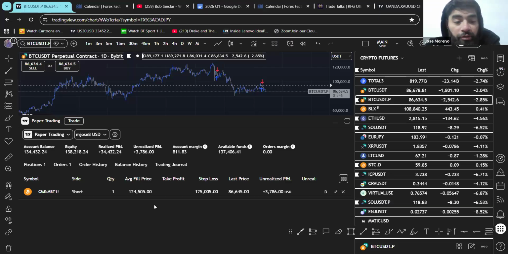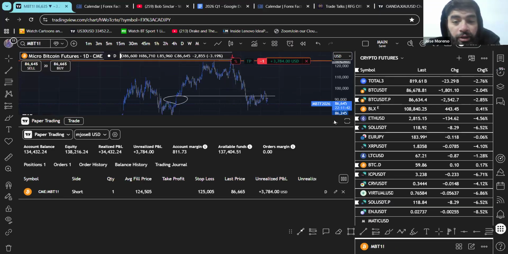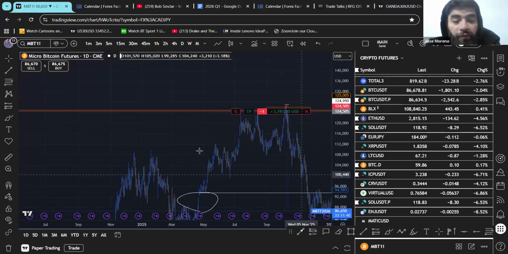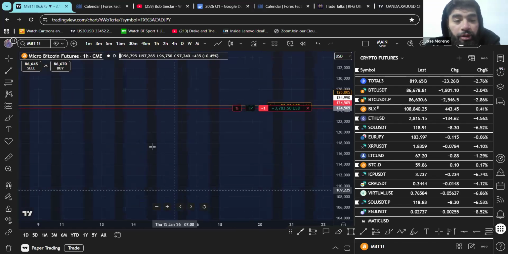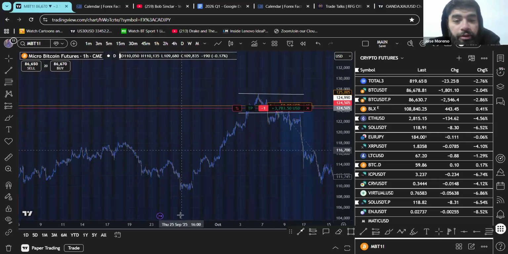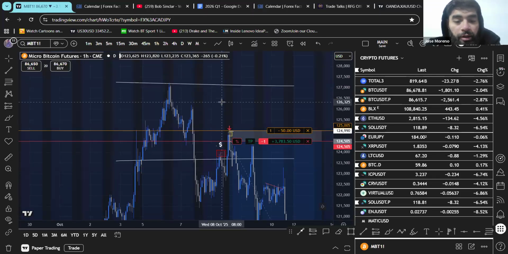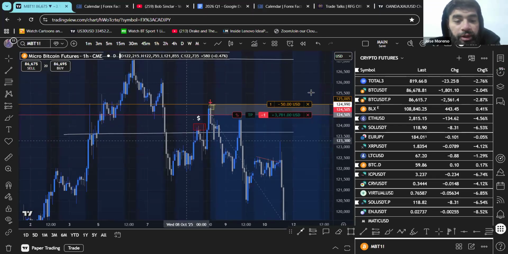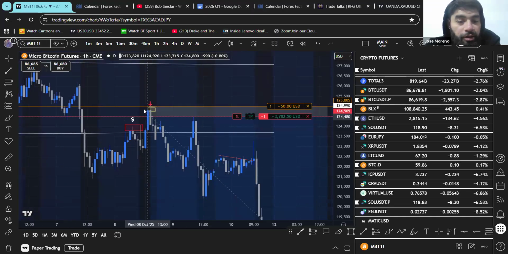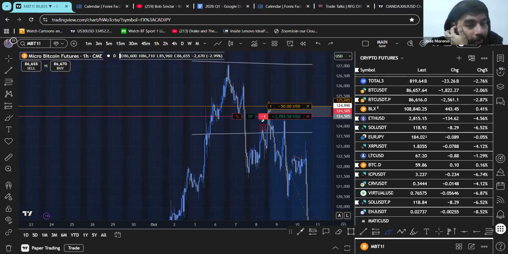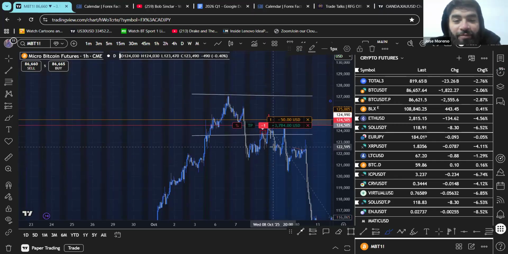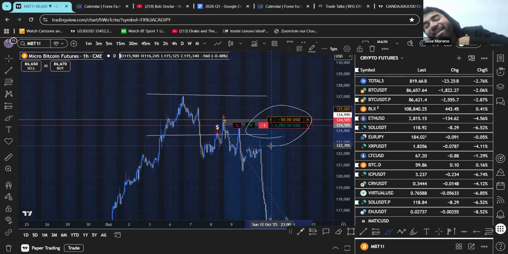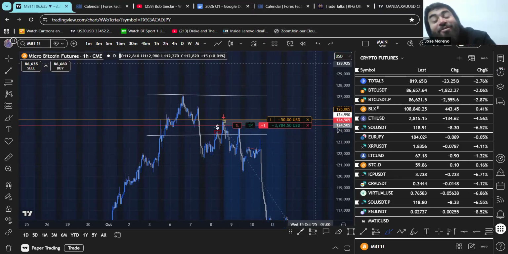I'll go ahead and show you guys what my idea is, because I have this open. This was a perfect example of a type 3 entry model that we caught over here. Go ahead and look at this entry here. This is a redistribution type entry. We had an institutional candle sitting here at the top, right? We had the type 3 entry model show up in there. Imagine catching something like this and risking $50 to make 3.7K. How ridiculous is that?